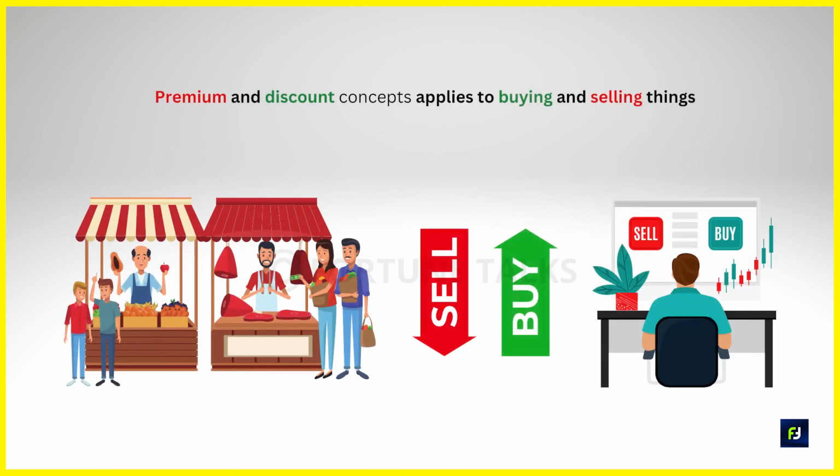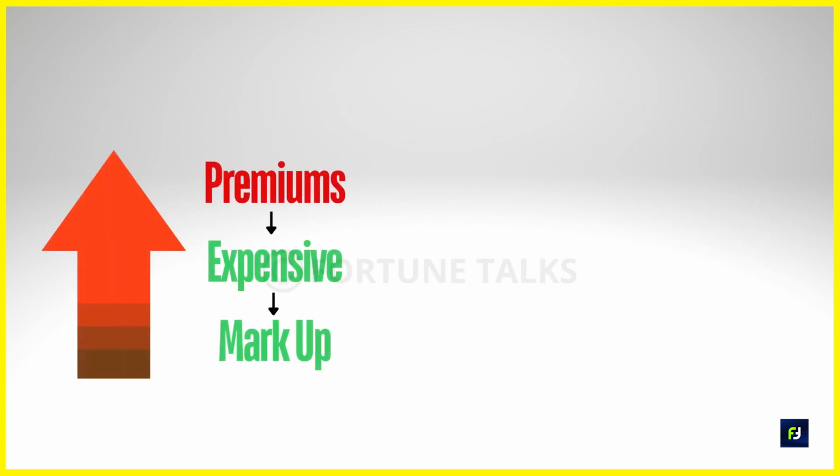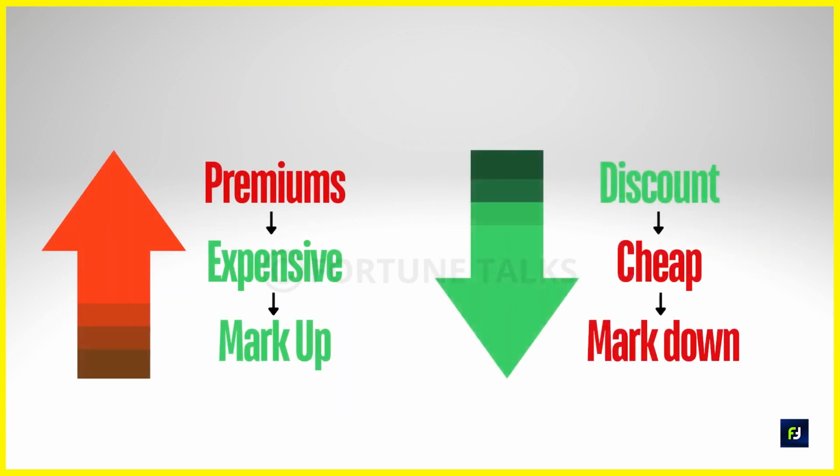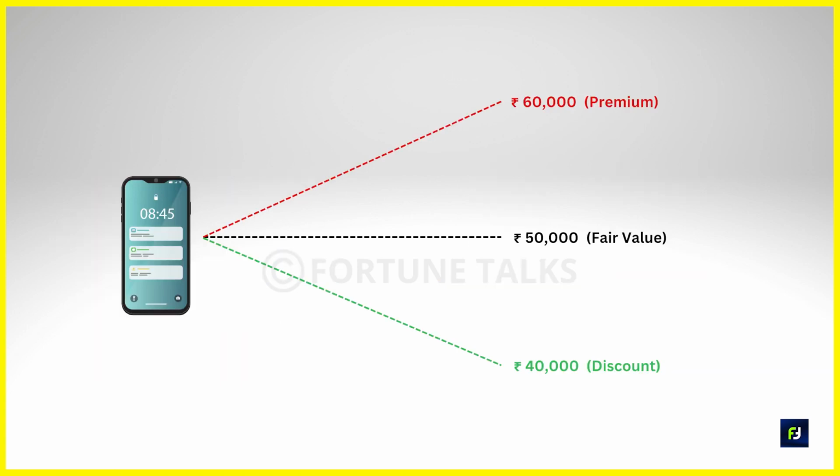Premium and discount are simple concepts that apply to buying and selling things. This includes buying and selling instruments in the stock market or the forex market. Premium means expensive or markup, and discount means cheap or marked down. This is a basic trading principle that can be used in any market, from consumer goods to securities traded through exchanges or even forex. So when you buy something at a premium, it means you're paying more than its fair